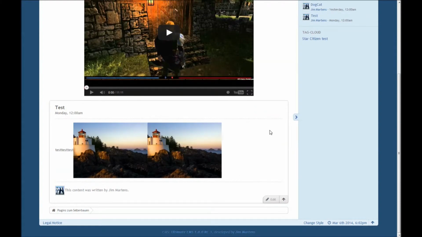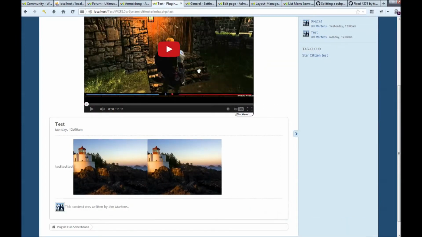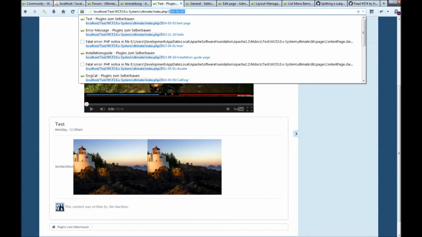What you might notice or not is that the backdrop is really only white. That's with pages. If you access a content directly, like I say 2014,